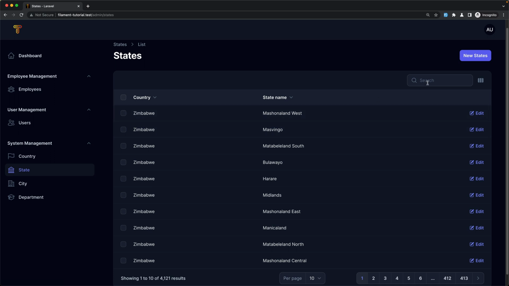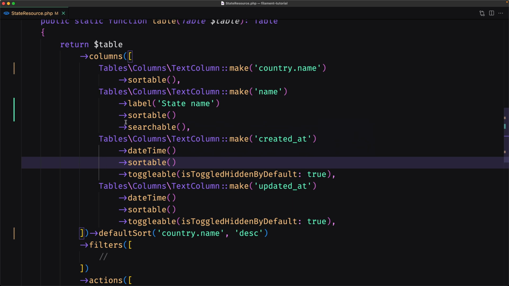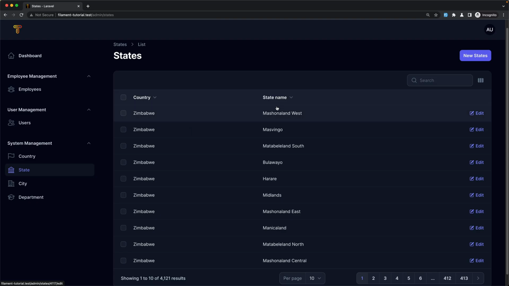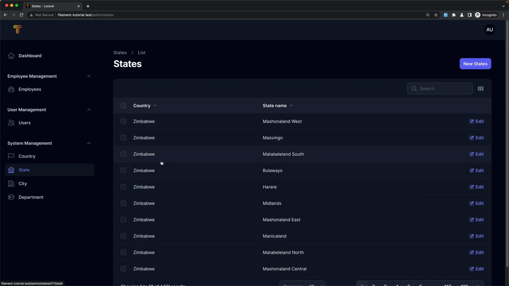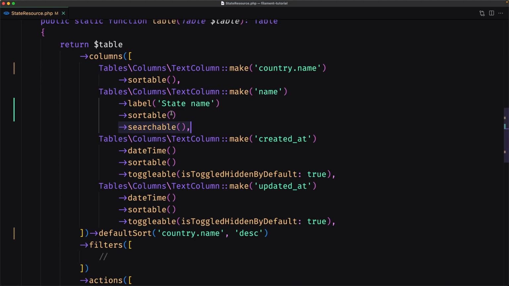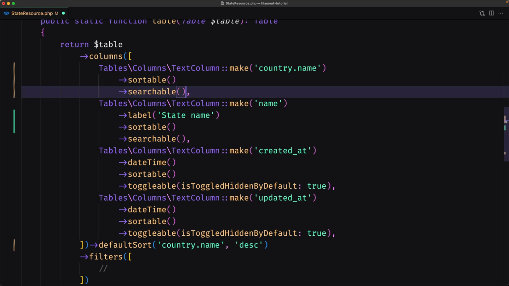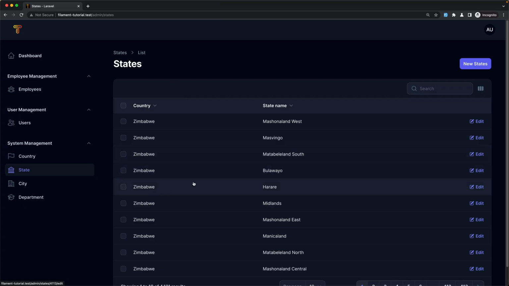Now, as you can see here, we have the search. To make a column searchable, we may use the searchable method. So right now, if I come here, we have added a searchable on the name. And for example, let's search by this name, Midlands. As you can see here, we have, but if we want also to have the country name searchable, we can do that by just chaining here, country, chaining the searchable, and if I save, and let's search, for example,